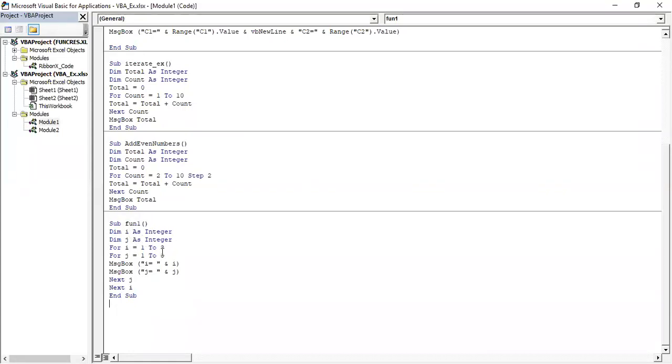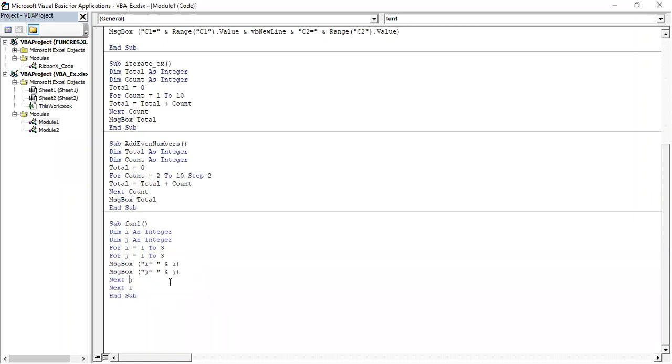We are displaying the values of I and j, and you have to increment both variables. The j is the inner loop, so first the j loop should be completed. After this we have the next I. So don't give next I next to next j. If you give that, you will get a different kind of output.